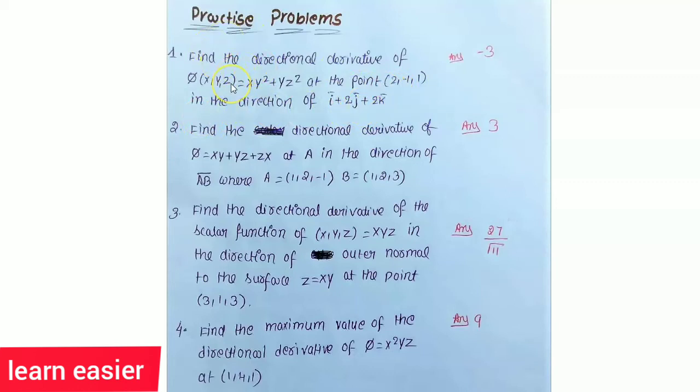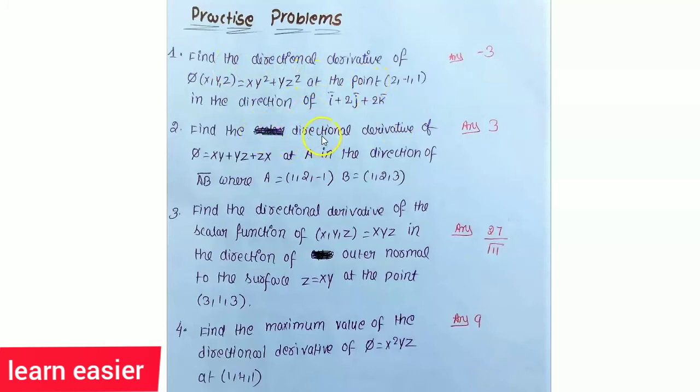So what is the directional derivative of this function? Del f at this point, and we have to find the directional derivative in the direction of this vector, that is del f dot e cap. E cap is what? This vector in the numerator divided by the mod of this vector. So then you can take the dot product del f dot e cap, and you get the directional derivative of this function in the direction of this vector.